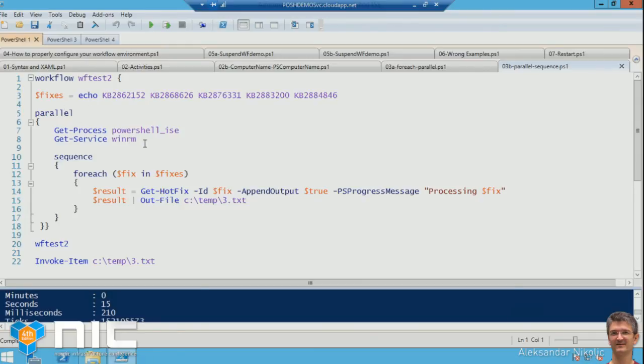I have a parallel block, so I have all those independent activities. That's the important thing. They are independent, so they can run in any order they like. I don't care. So I have get process, get service. They don't depend on each other. And then in a sequence, I have a foreach for those hotfixes when I want to get a